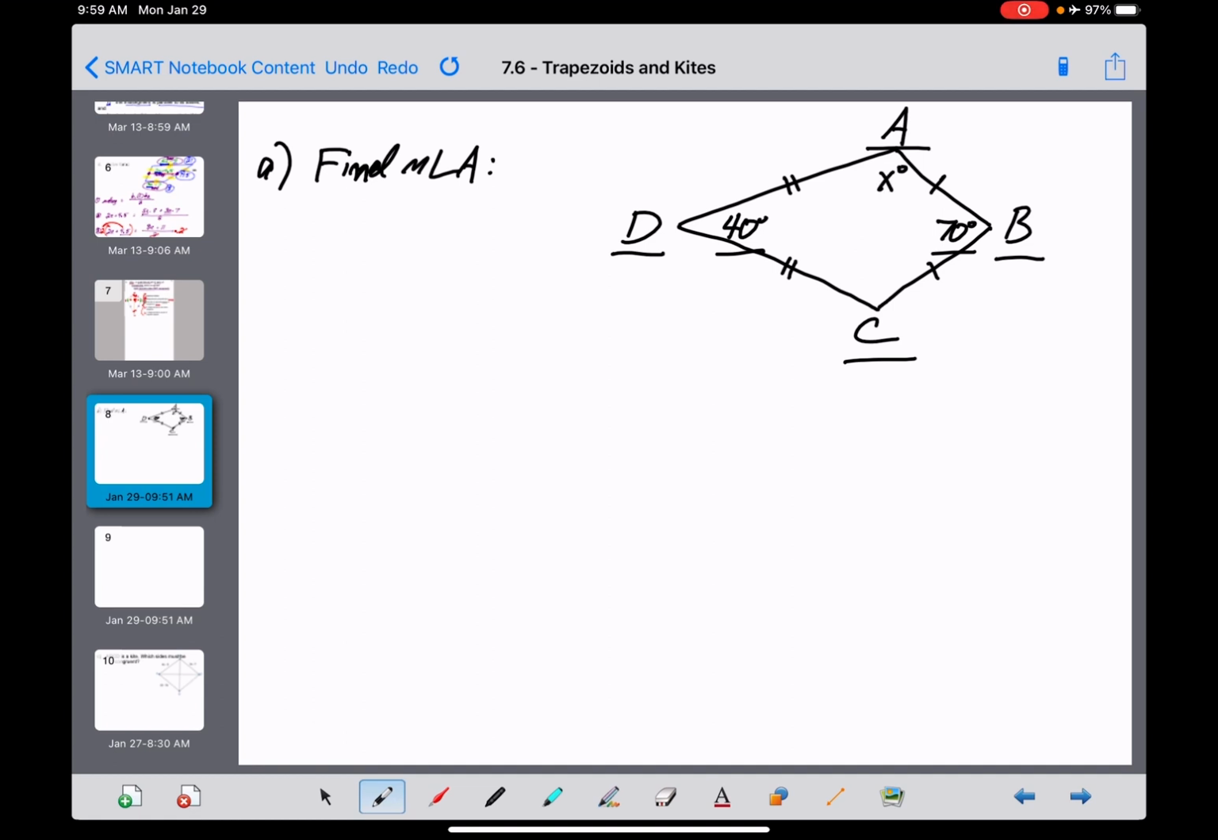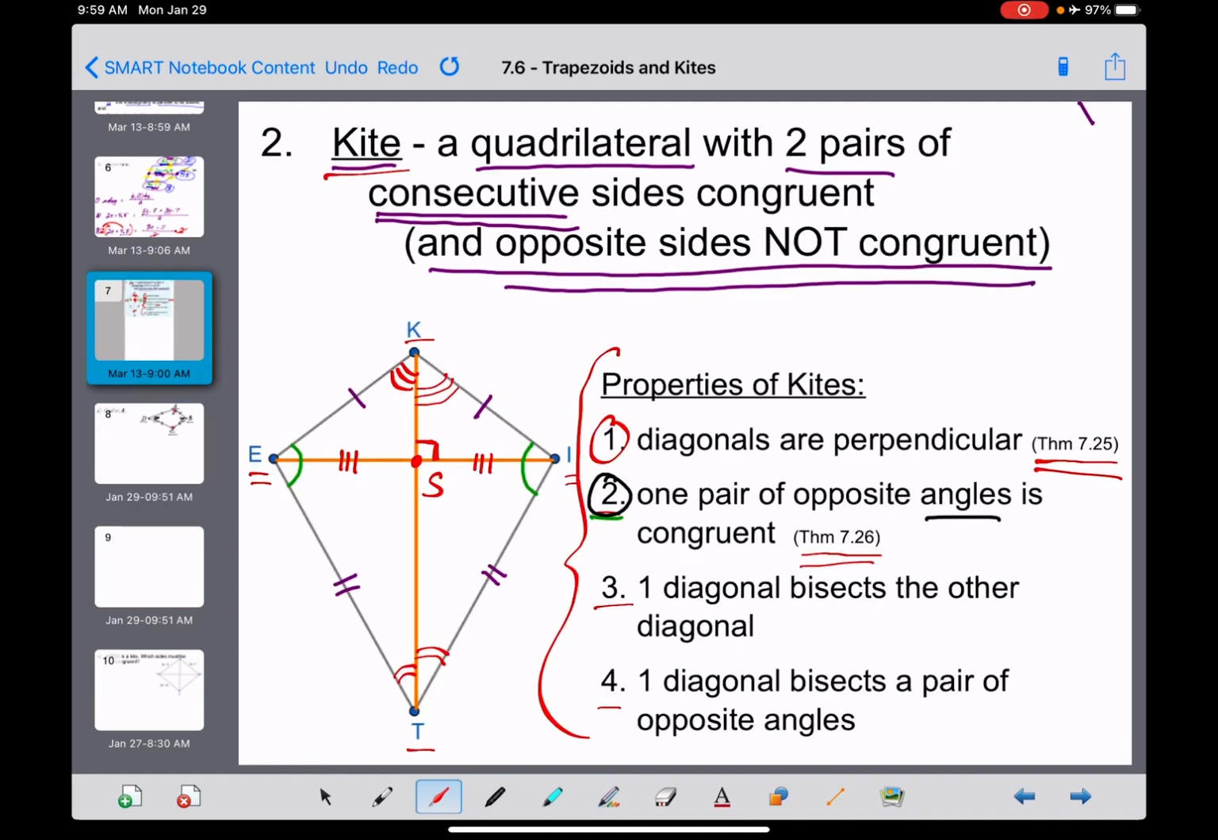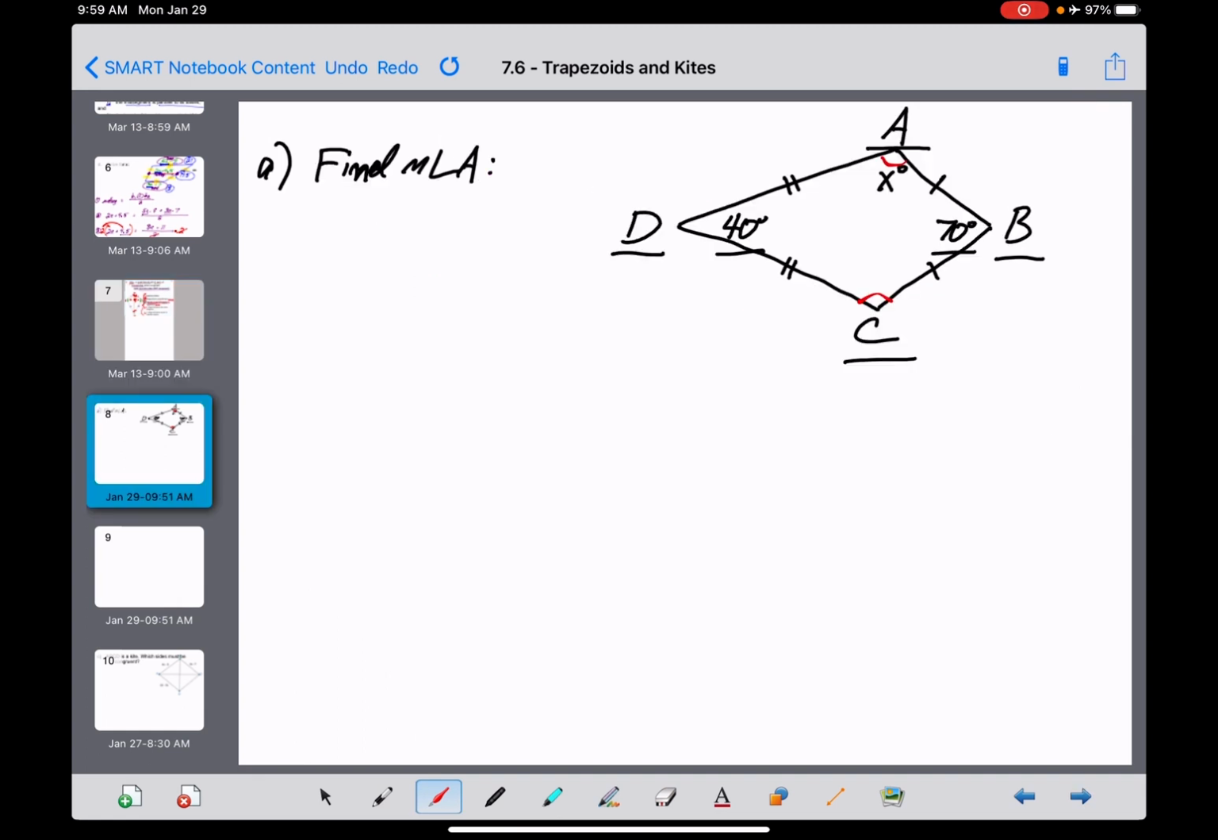Angle C has to be congruent to angle A because of that theorem, let's go back to it one more time, that says one pair of opposite angles in a kite has to be congruent. And again, it's not B and D, so it's got to be A and C. So I'll put another X right here, and let me go ahead now and add up the four angles in my kite. X plus another X plus 40 plus 70, doesn't matter what order you put them in, equals,